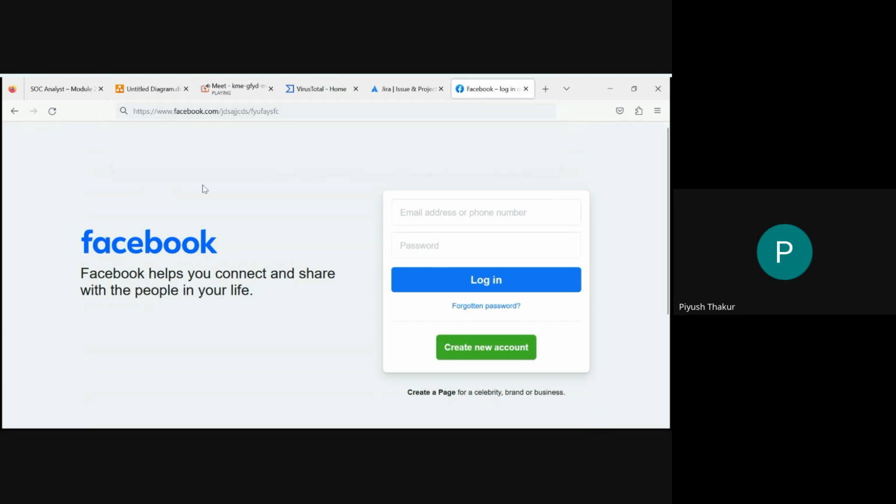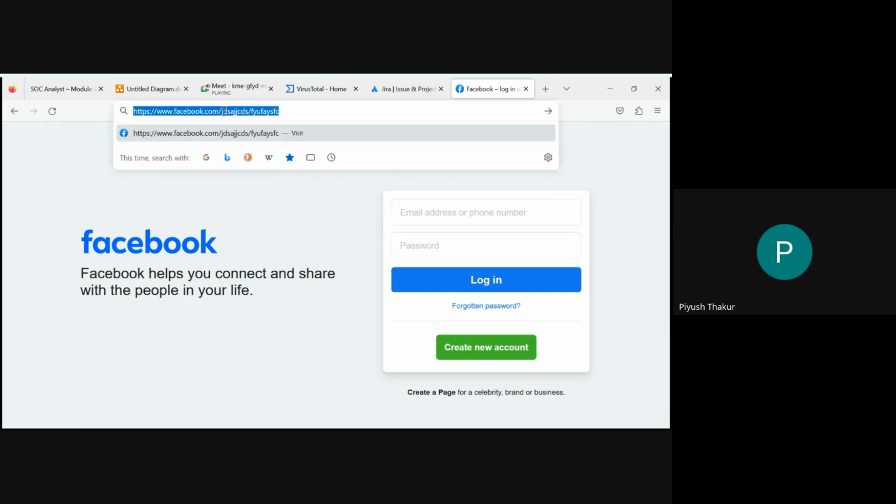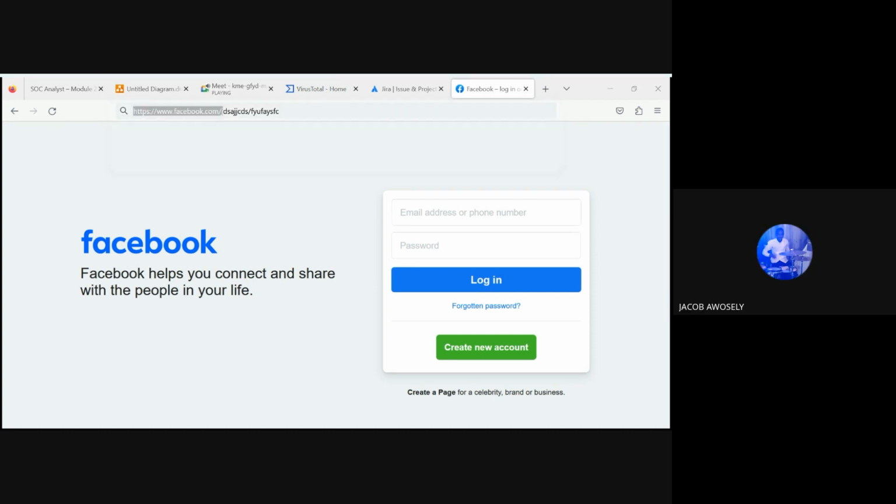If I do an Nmap scan for this, should we do that? Let's do it. If we do the Nmap scan or any other kind of scan using any of the tools that you utilize,